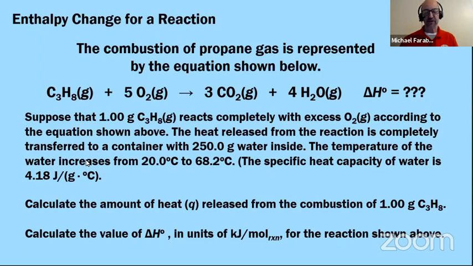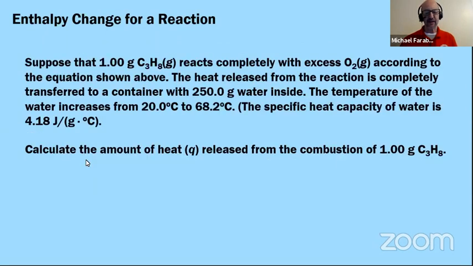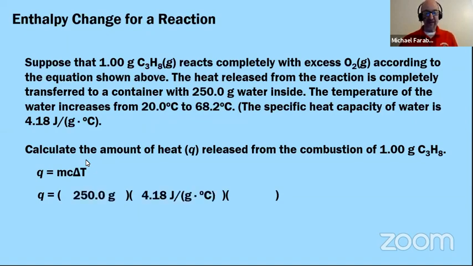Okay, so we'll start with the Q. So Q equals mc delta T. We know that the mass of water was 250.0 grams. We know the specific heat capacity was given to us as 4.18. And the delta T would be 68.2 minus 20. That's a difference of 48.2 degrees Celsius. I will do this on my calculator. And when I did this, I got